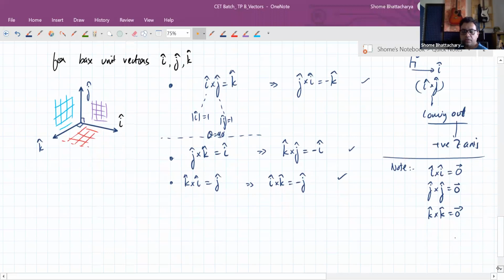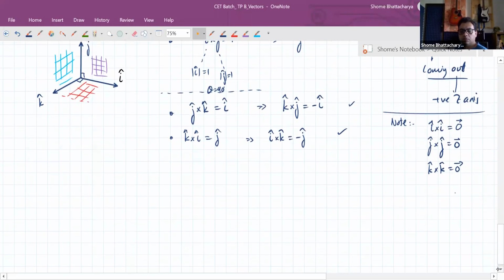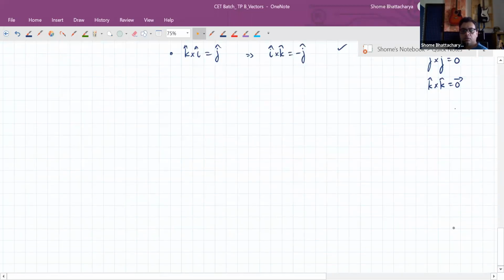Okay, so the trick to remember this set of formulae is that between x, y, and z there is a circularity. So if you are going from x to y, y to z, or z to x, you're going along the correct direction. So i cross j. So going from x to y, the third character is z. So it will be k cap, and you're going in the direction of the arrow that we have drawn, the clockwise arrow. So it will give us positive k cap.